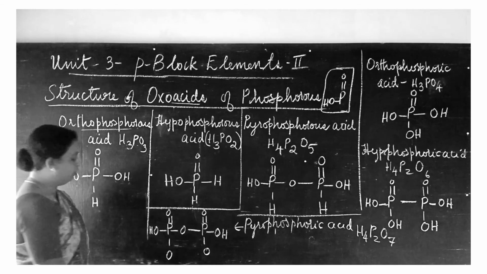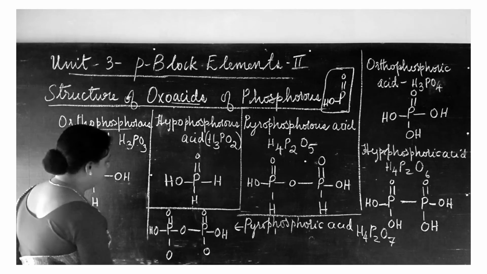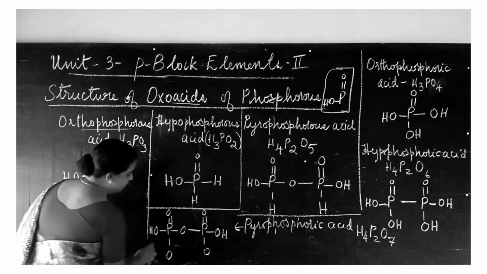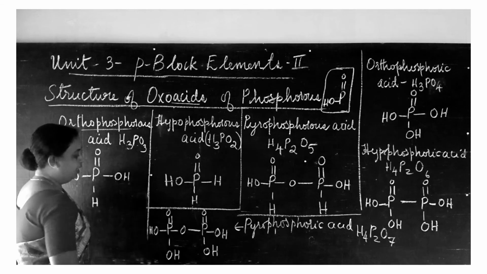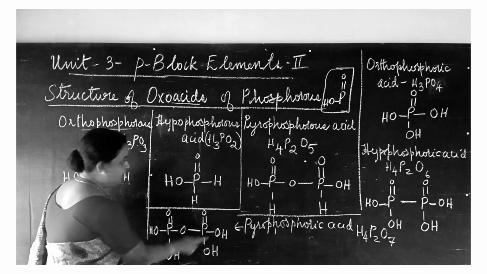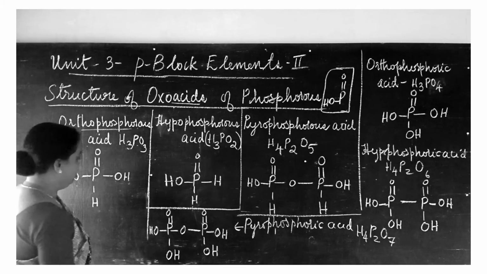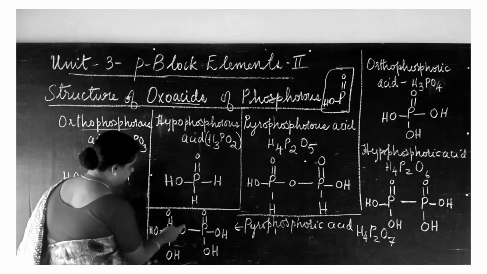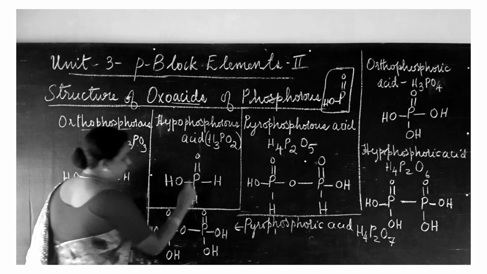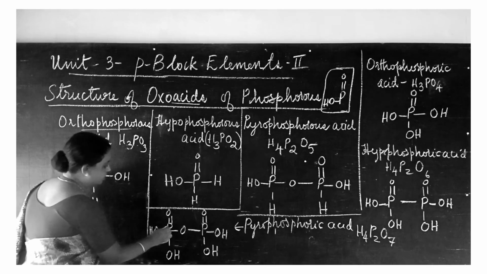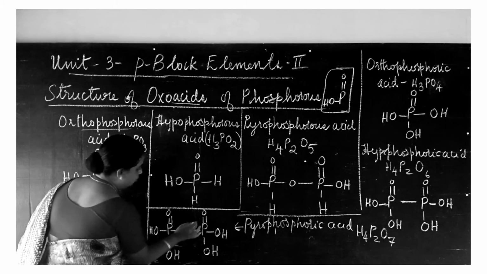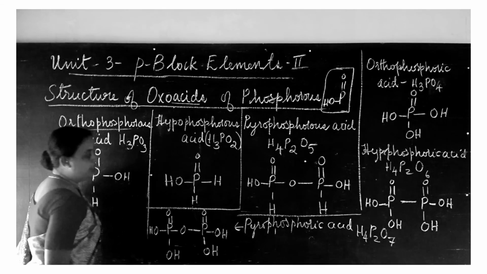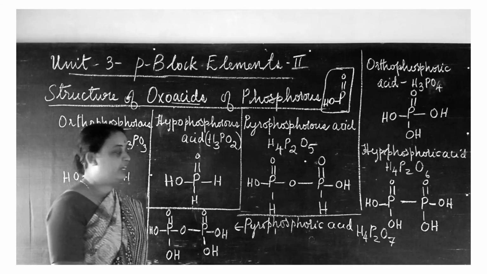Okay, so likewise 7 oxygen atoms are there. Now hydrogen atoms, 2 hydrogen atoms are there. So one I place over here, another I place here. Yes. So now all 4 hydrogen atoms are also there, and 7 oxygen atoms. 1, 2, 3, 4, 5, 6, 7. 7 oxygen atoms, and each phosphorus is surrounded with 5 bonds. 1, 2, 3, 4, 5, and 1, 2, 3, 4, 5. Okay, so that is your structure of pyrophosphoric acid.